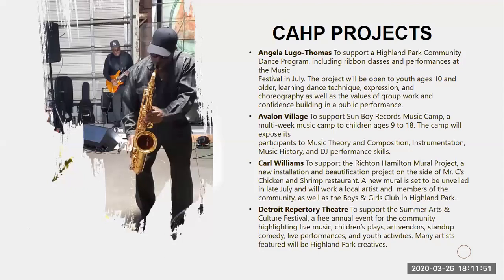Carl Williams was a business owner. He was not an artist at all, but he had an idea to put in a really cool mural on one of his properties. And the property was about transitional housing. So there's the community benefit. And he also had a new restaurant right next door to this transitional housing. And so we were able to pair him up with an artist to create a beautiful mural.